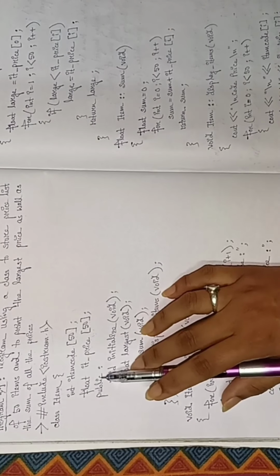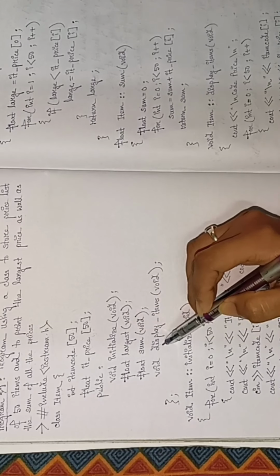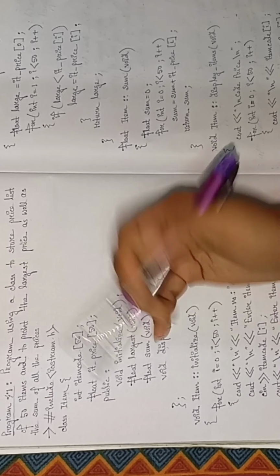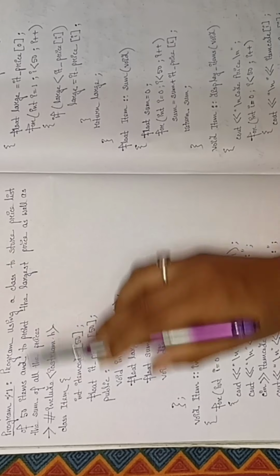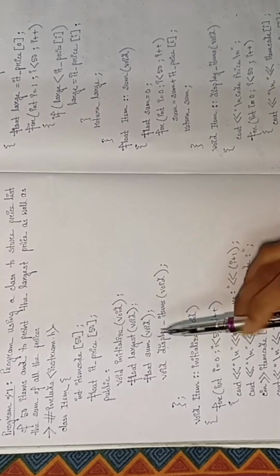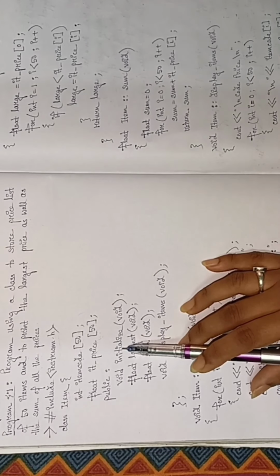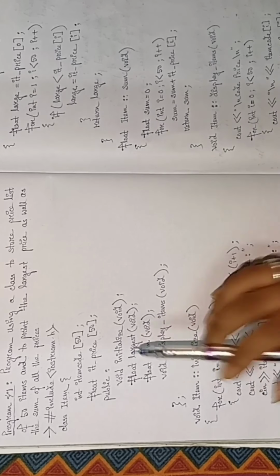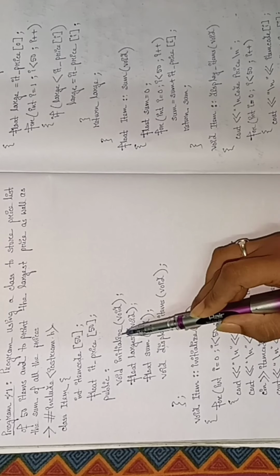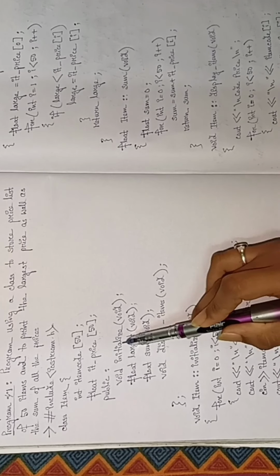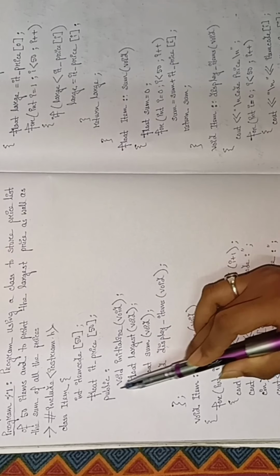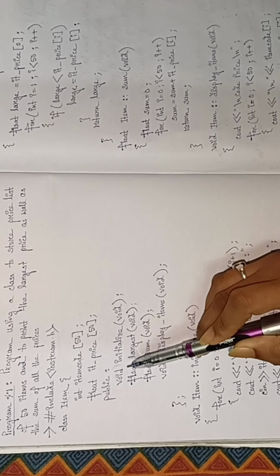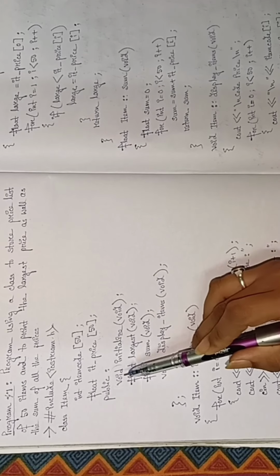Now you see in the public section we have used 4 member functions, because in the program we have to print the largest price as well as the sum of the prices, okay? For this, first we require the input. In order to get any output, first input is necessary. So how will we give the input? Suppose we have taken one member function initialize, void initialize. Why have we taken the return type as void? Because here the user will give only input, it will not return anything. Void means null.